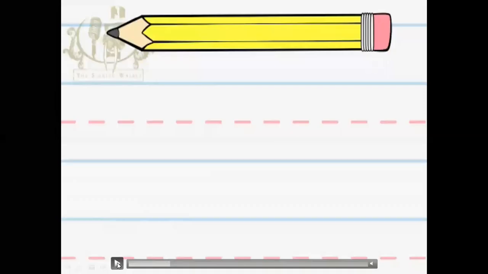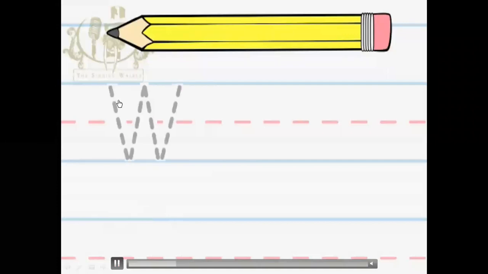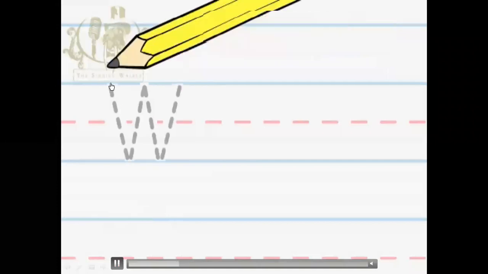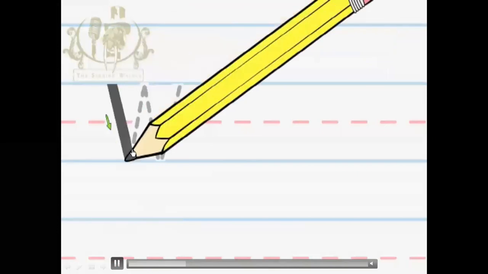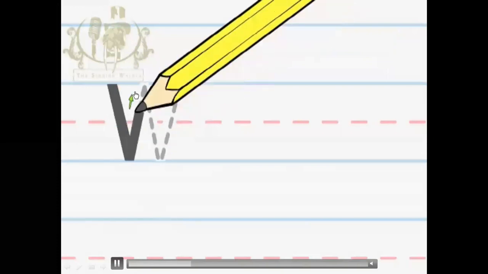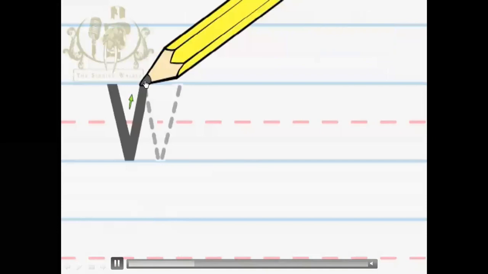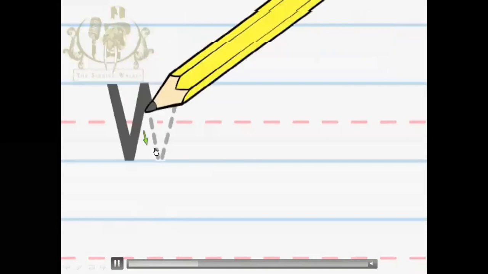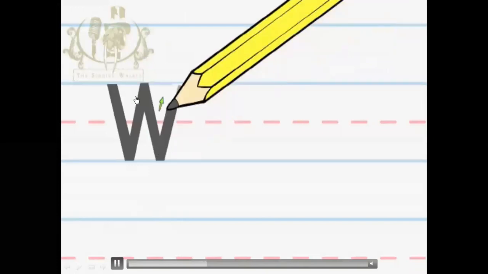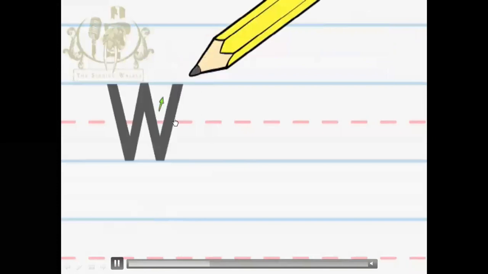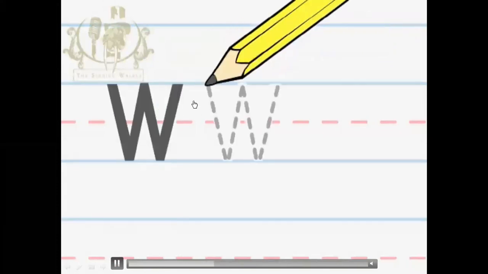Now we are going to learn the letter W. Okay, it's also just a combination of slanting lines. Start from the top of the line and then come to the bottom, and then from the bottom to the top again. Just opposite to the first line, and then again from the top to the bottom, opposite to the second line. All these lines are called slanting lines. Okay, four slanting lines make a letter W. Well done. Okay, now let's try once more.